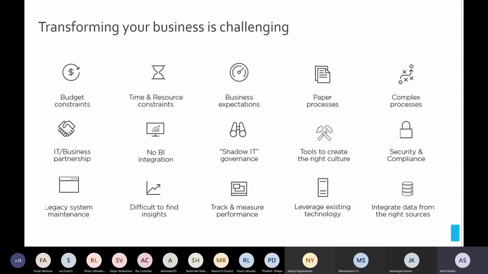Now this is a very generic slide about transformation and your business challenges. Transforming your business is a Herculean task, right? Whether it's budget constraints, or any kind of constraints, or business expectations, and irrespective of your company, whether it's a small organization or a big organization like Microsoft, all organizations have some complex processes.